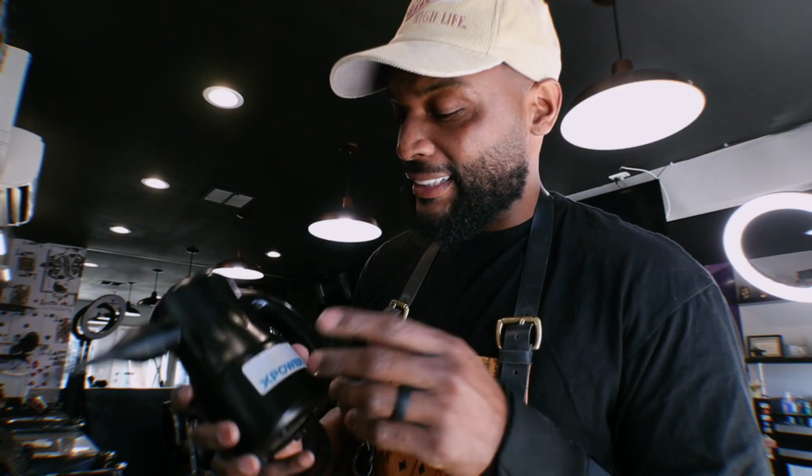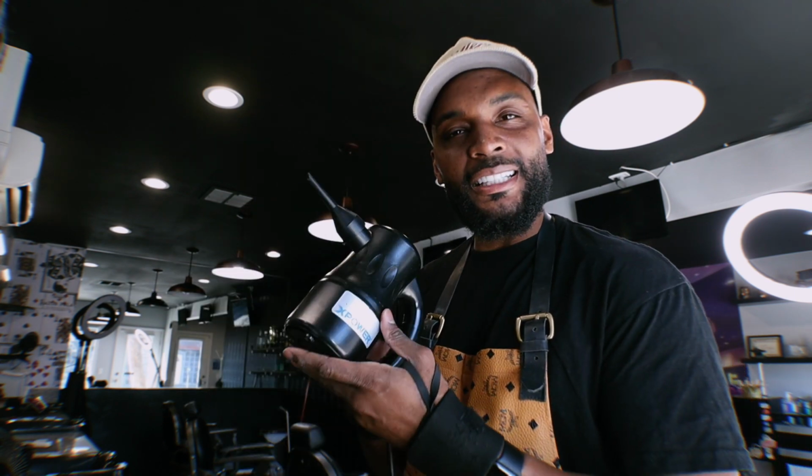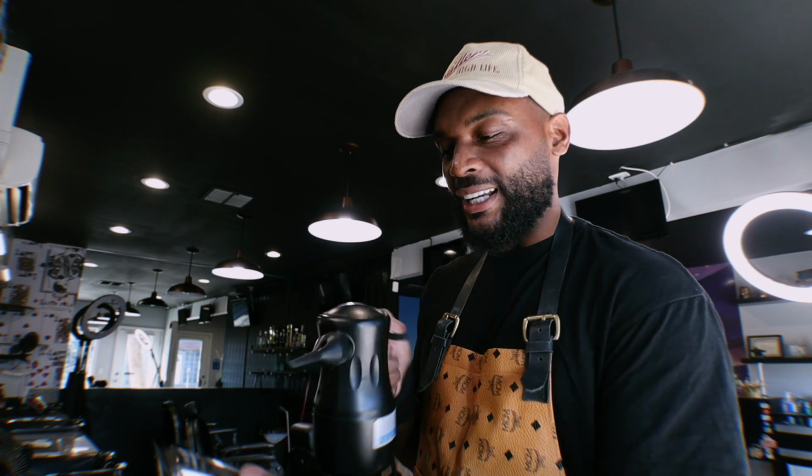Let me tell you something, guys. You guys need to get this X Power, and this is a blower that I like to use. I know some of you guys like to use the little cans with the little red straw on it. Those cans run out. This never runs out. I've been having this thing for about 3 years. What I use it for, I like to use it to